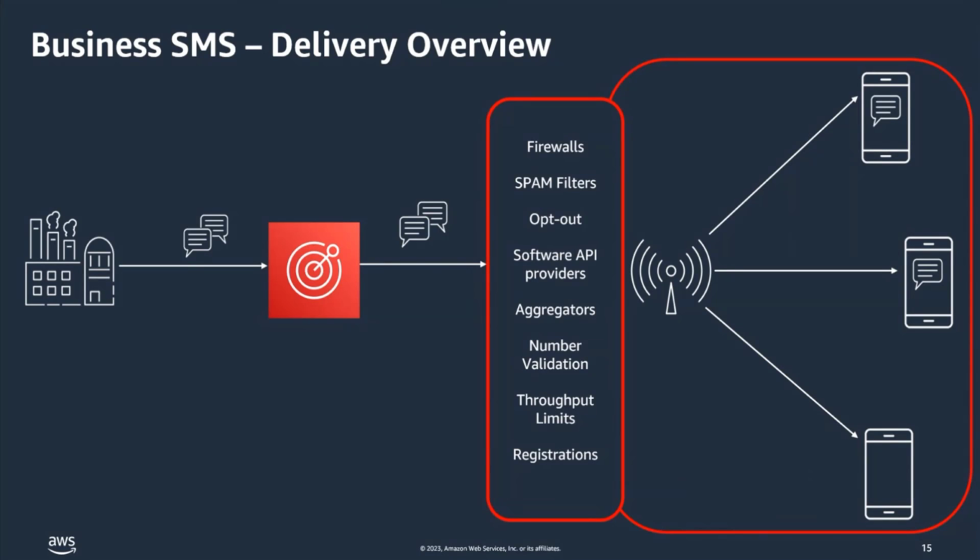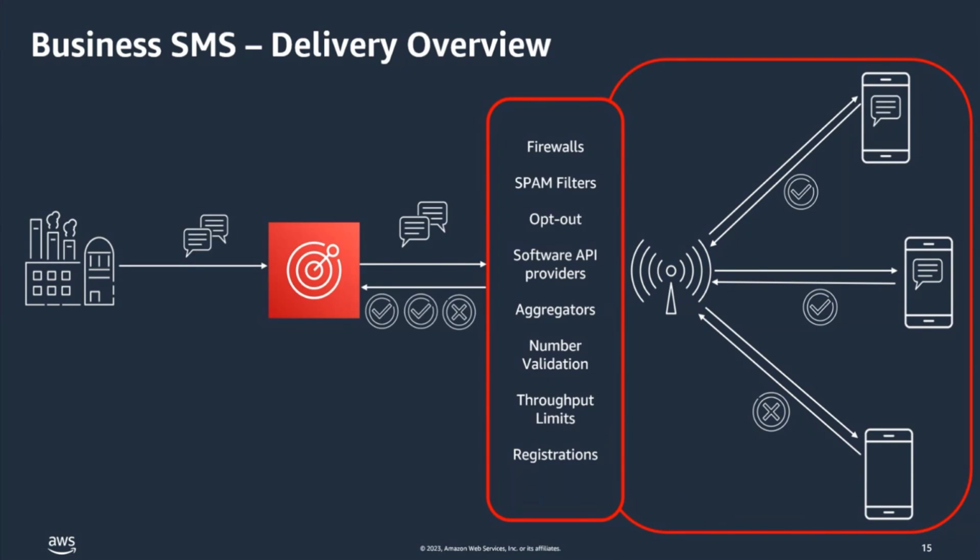In some cases, they are delivered. In some cases, they're not delivered. Details about this is then sent back in the form of a delivery receipt, or a DLR, as they're also known. And Amazon Pinpoint then passes these back on to you as a customer. So what's key is that you're able to look into these delivery receipts and receive more information about what might have happened in the delivery chain.